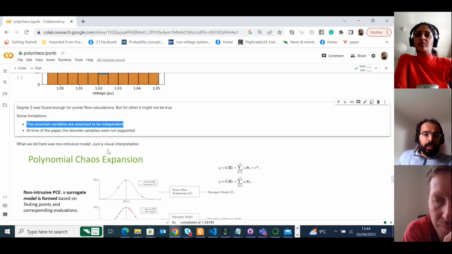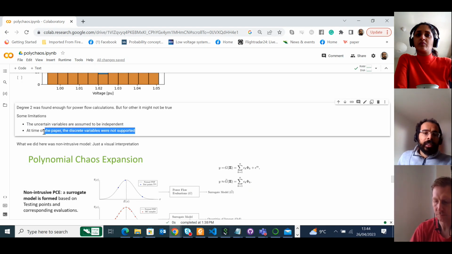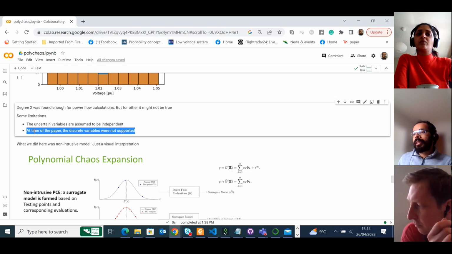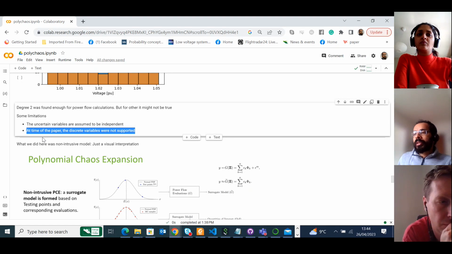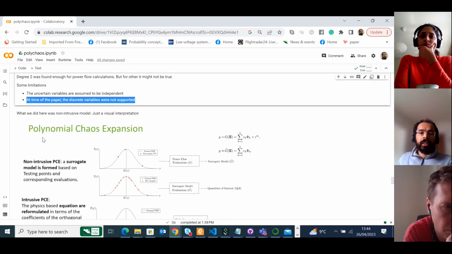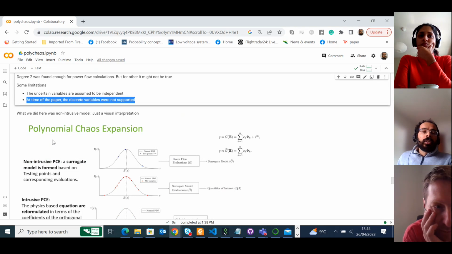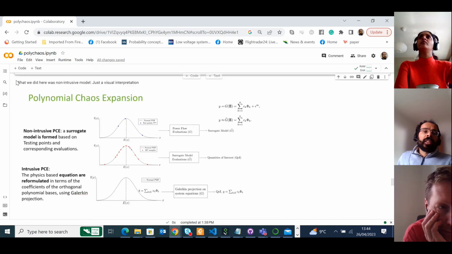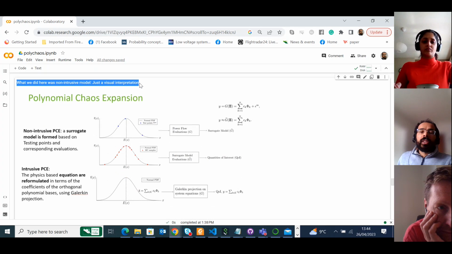Okay. At the time we were working, discrete variables were not supported, so all those distributions would be continuous, like beta or normal or gamma or uniform or something like that. If it is a known continuous distribution, it was supported. They are now trying to do it for discrete variables, I believe, but till now I don't think it's supported in this package. So what we did here was a non-intrusive model, and we did it for power